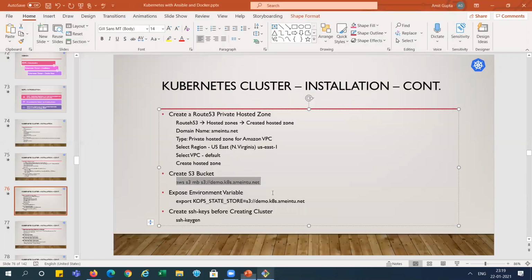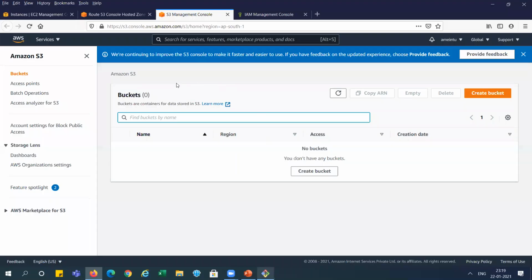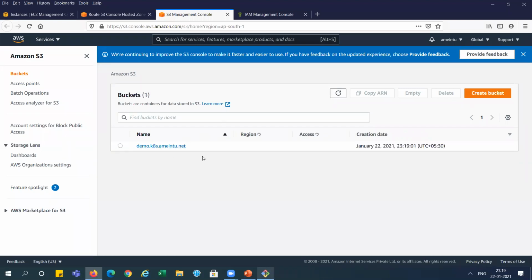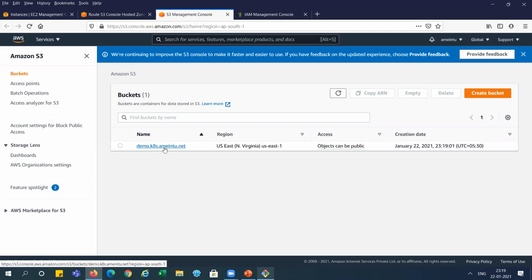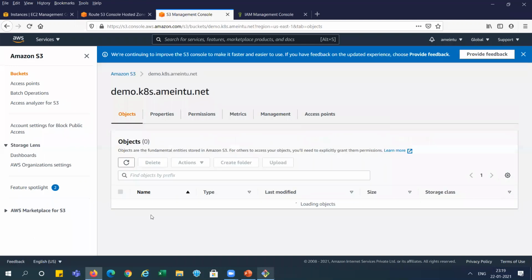So let's check whether this bucket is created or not. You can see this bucket is created, right? And currently in this bucket, we don't have anything.